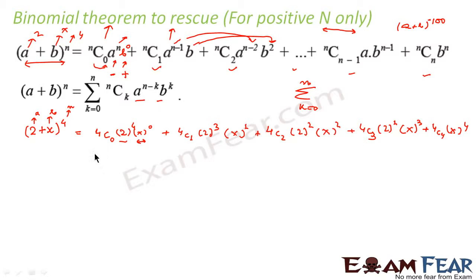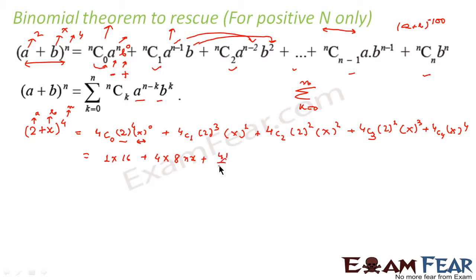So if we notice, 4C0 is 1, into 2 to the power 4 is 16, and x to the power 0 is 1, plus 4C1 is equal to 4, into 2 to the power 3 is 8, into x, plus 4C2 is equal to